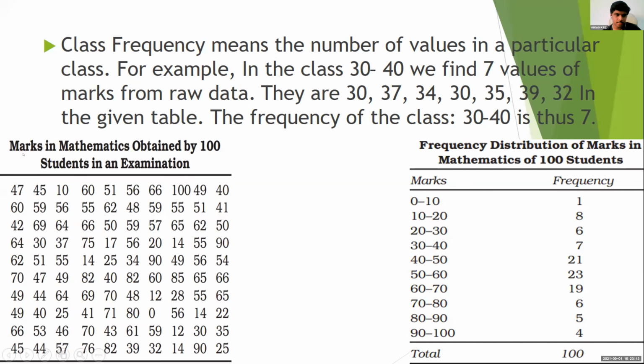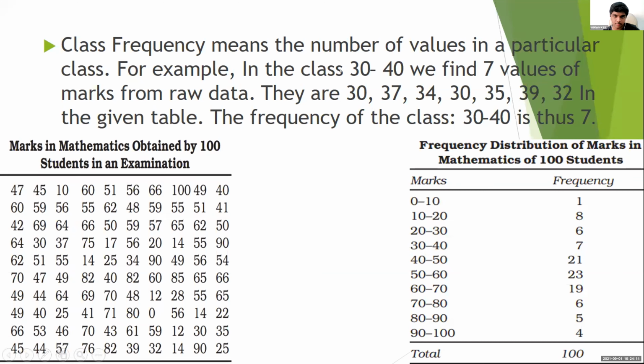So here an example is given, that is marks of mathematics obtained by 100 students. So this is an unclassified data. You can't make much sense of this, but you classify this into frequency distribution. It is much easier as it is given in class marks, which shows how frequently it is occurring in these class marks. So here in 0 to 10, only one student has got this mark, and in 10 to 20, 8 students have scored this mark, ranging from 10 to 20. So this makes it easier to identify these data.